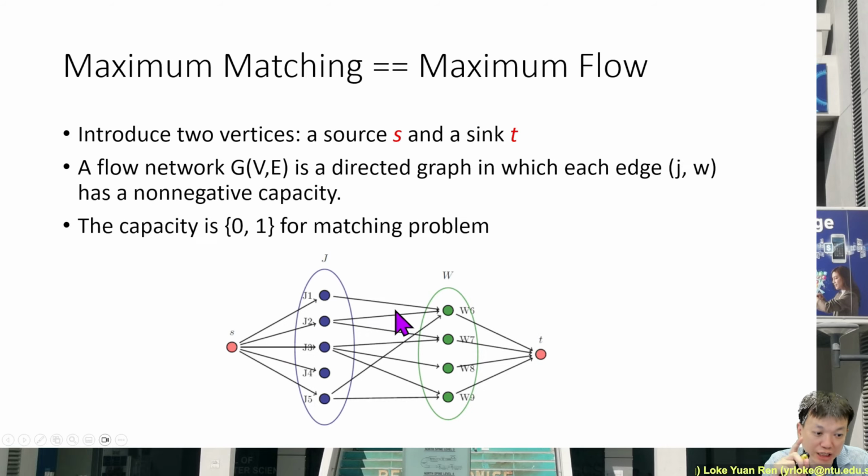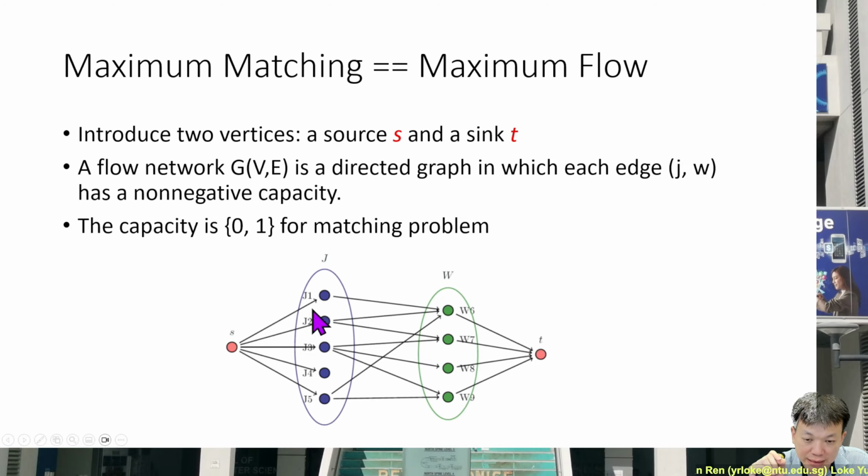The solution I'm going to introduce to you in the next few slides can actually solve more complicated problems, which means it can solve problems with weighted edges. But here I only want to solve the matching problem, where my weight is only 1 or 0. Okay, so first, to solve this problem,